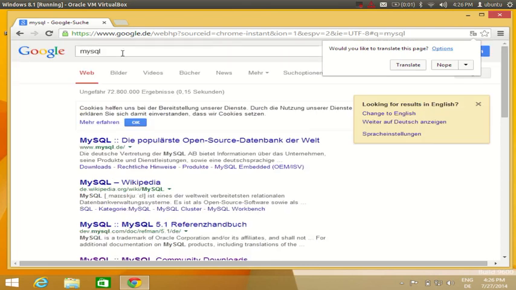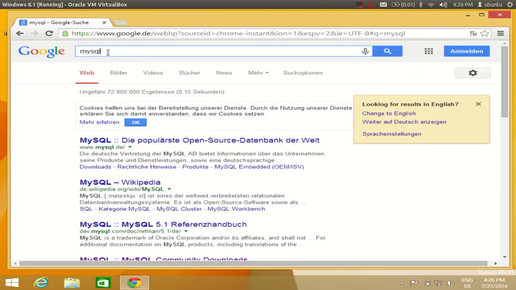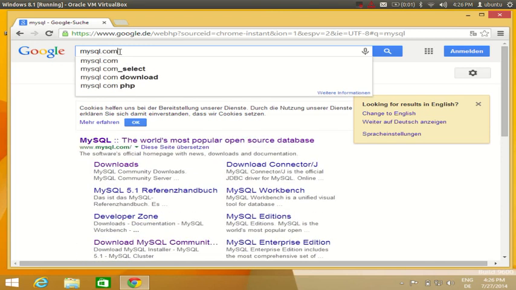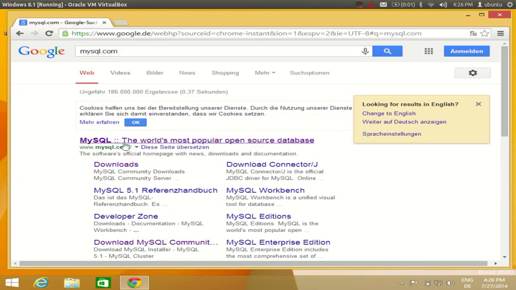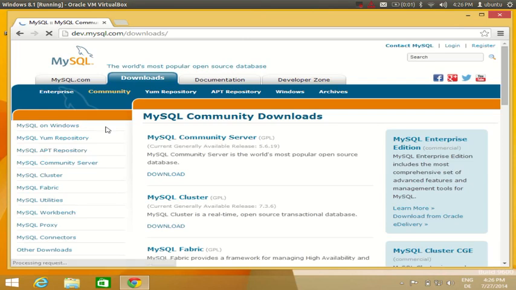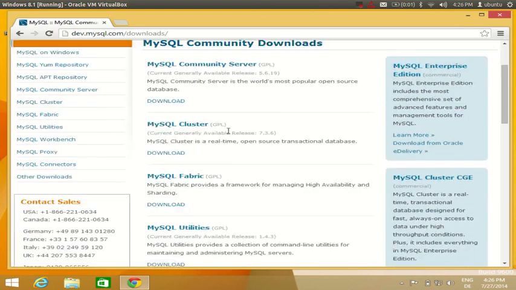Okay, and once you are in the mysql.com website, in here you will see some of the links related to MySQL, and you will see MySQL, the world's most popular open source database. So in here you need to click the downloads link here. Okay, so click this download link, and in here you will see different